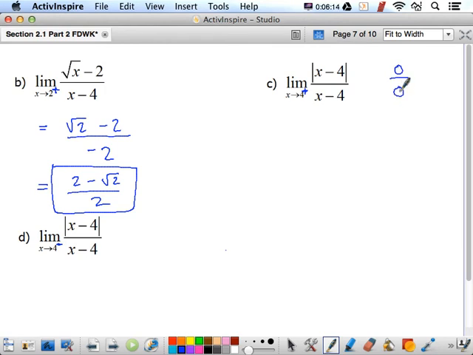And most of the time when you get 0 over 0, it's a hole and you can remove it. But there's always a possibility that it's not a hole. And we don't know anything algebraically we could do with absolute value, so you're probably going to have to look at it graphically. And so when we look at the absolute value of x minus 4 over x minus 4 graphically,